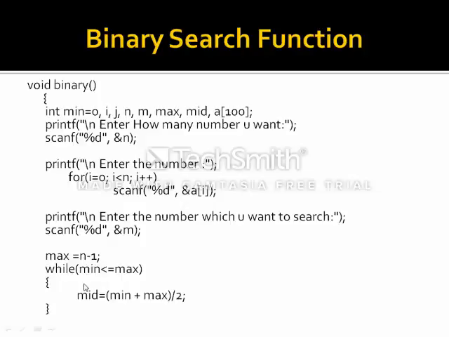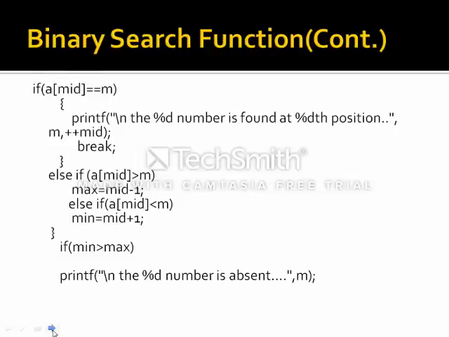So first we will calculate the value of mid, and the mid will be min plus max by 2, and this must go on as long as the value of min is less than or equal to max. So what was the procedure? First we will compare our mid value with the key value. If they are equal, the number is found at that location. If not, we will need to compare the elements and the key value,